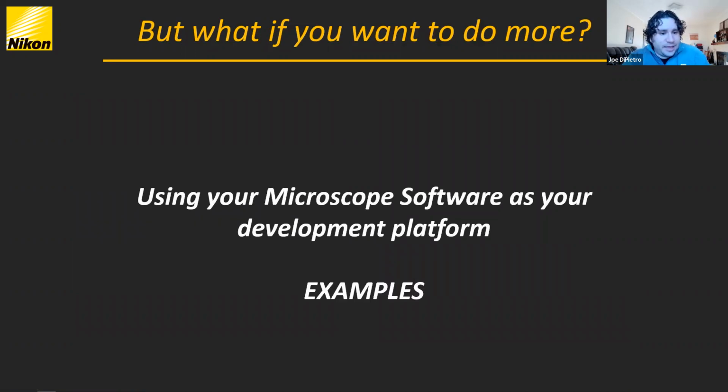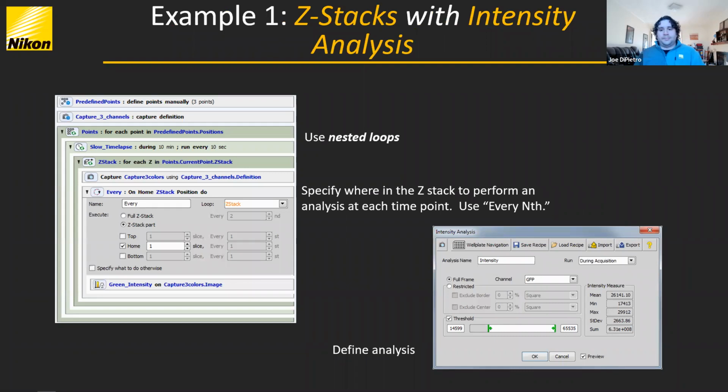So let's talk about some examples. Let's combine these two things, Jobs and general analysis, and start to get a sense of the types of things that Elements is capable of doing with these new tools that we're talking about. Start with something simple. Let's make a job that takes Z-stacks at predefined points. So you go through the image, you find all the areas that you want to do a Z-stack, and